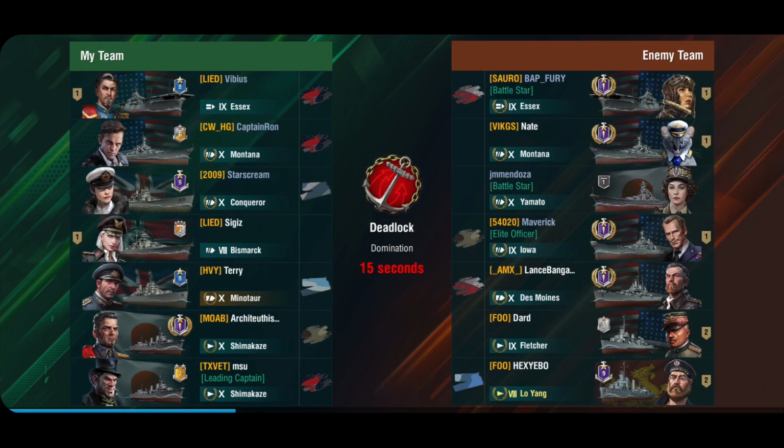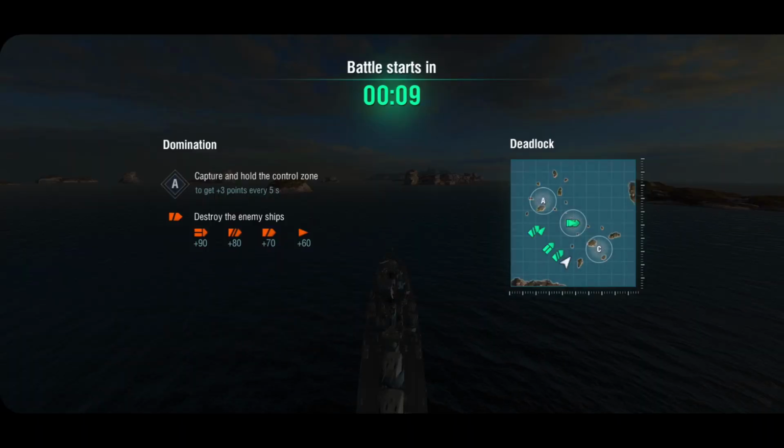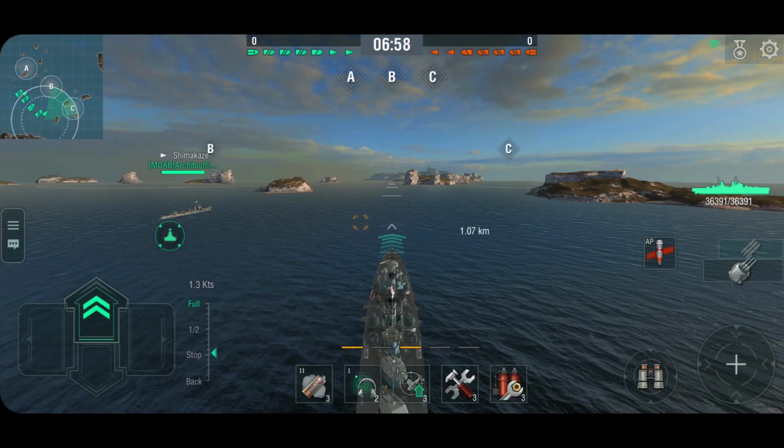We are on deadlock in a Tier 9 game. Well, Tier 10 game, but we've got some Tier 9s. There's an Essex on the enemy team, so I do get to do some air cover. And we have a failed platoon with a Loyang in the mix. So, okay, air cover, which means I am going to go C, because C has a lot of mountains, and there's a destroyer right next to me. Presuming he goes to C as well, I can give air cover, and together we can...